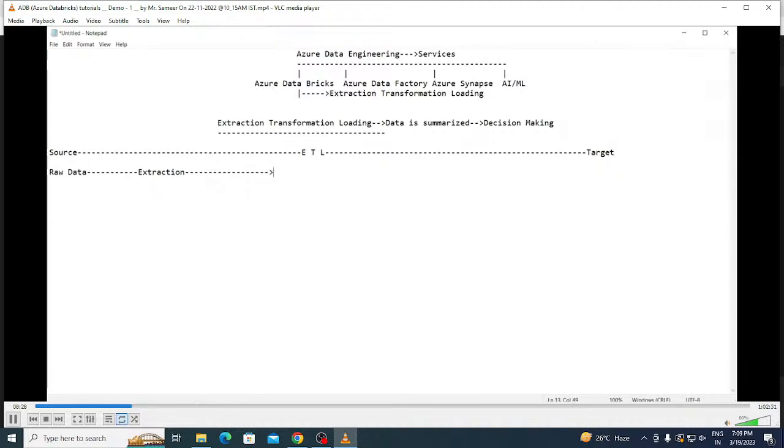Whereas after this process of extraction is done, the process of transformation is implemented. Transformation is the actual process where the data is converted into the required format by the customer. And once the transformation is done on the data, it is finally prepared and loaded. And where is it loaded? It is loaded into the target, that is called the destination.